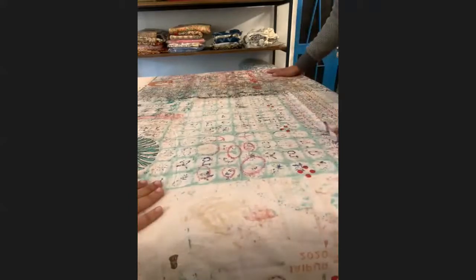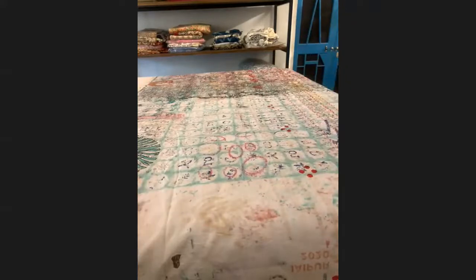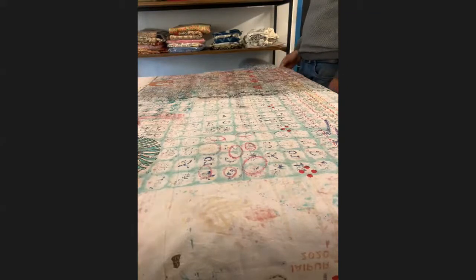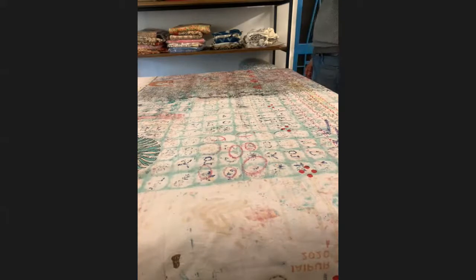Also, you'll see that the achara fabric has a lot of designs and colors on it. It's because the artists like to try out the design first on the achara fabric before they start printing on the actual fabric. So you'll see acharas with a lot of colors and a lot of patterns all mixed together to make this one beautiful piece of fabric. So once this is done,